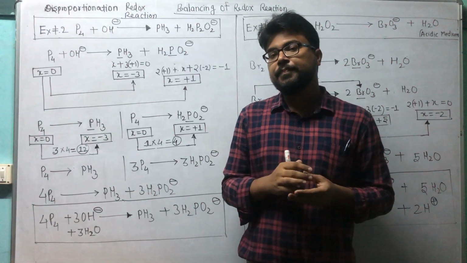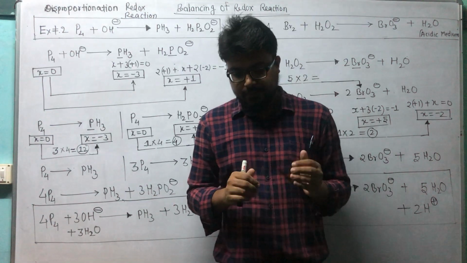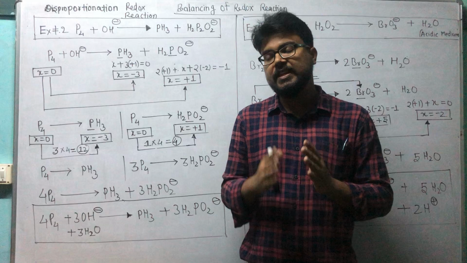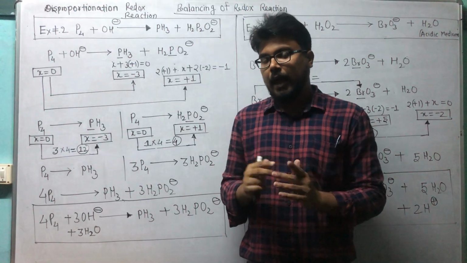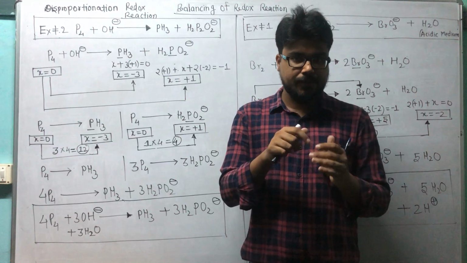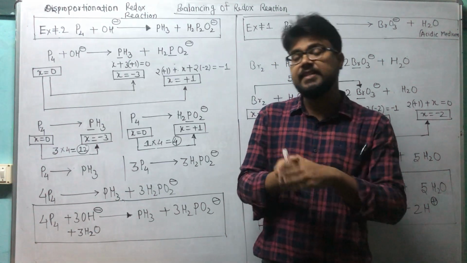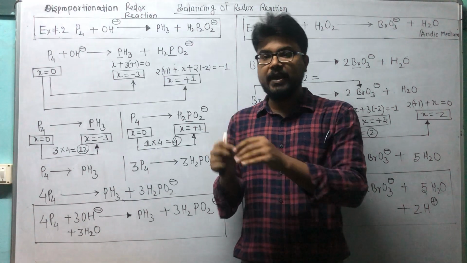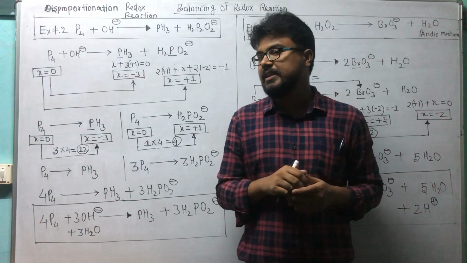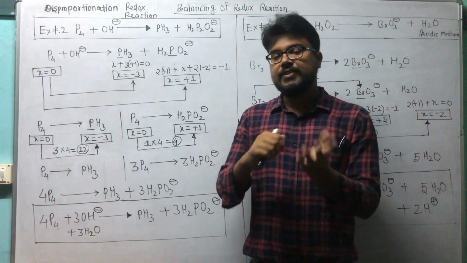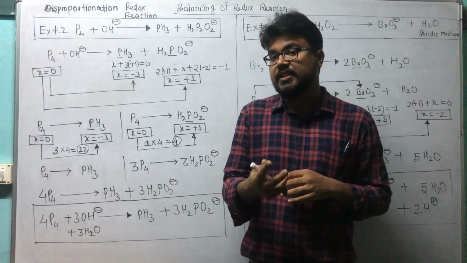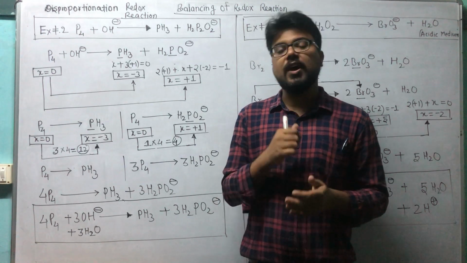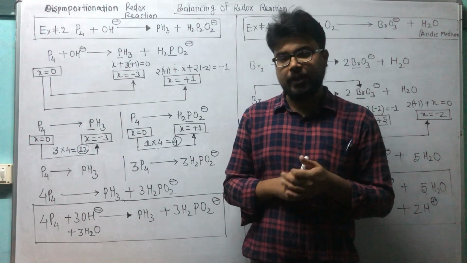And next is the intramolecular redox reaction. Intra means within the same molecule, among two different elements. One is oxidizing and the next one is reducing. So this is called an intramolecular redox reaction. For example, AB is the molecule, gives C plus D, and A to C is reduction and B to D is oxidation. So it will be an intramolecular redox reaction. My previous balancing was based on inter or intramolecular redox reactions.